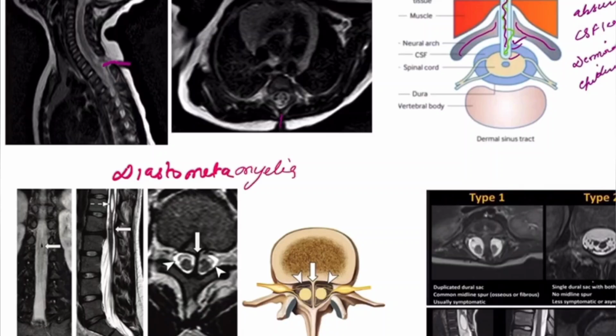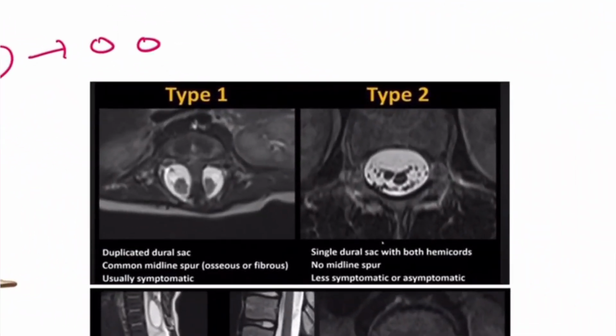So what it is, the longitudinal split of the spinal cord. The spinal cord is split into two halves. Okay, there are two types of this diastematomyelia, type 1 and type 2. What happens in type 1 is there are two